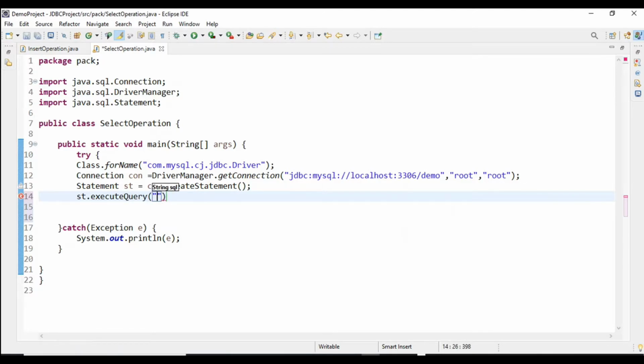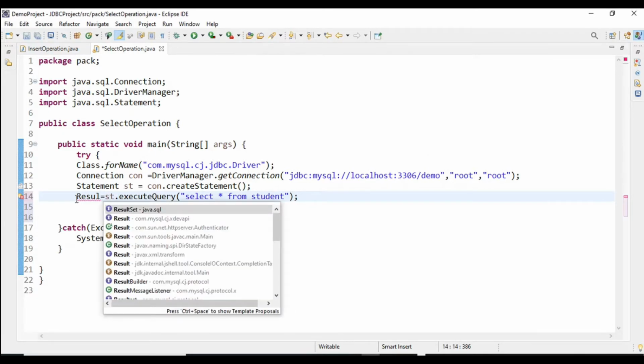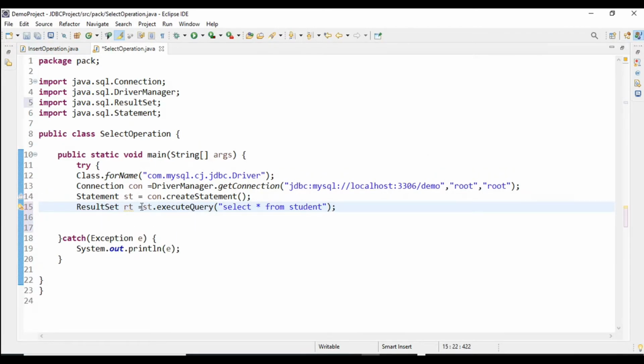This is the executeQuery method, and I will write the query. When I call this executeQuery method, it will return a result set object.